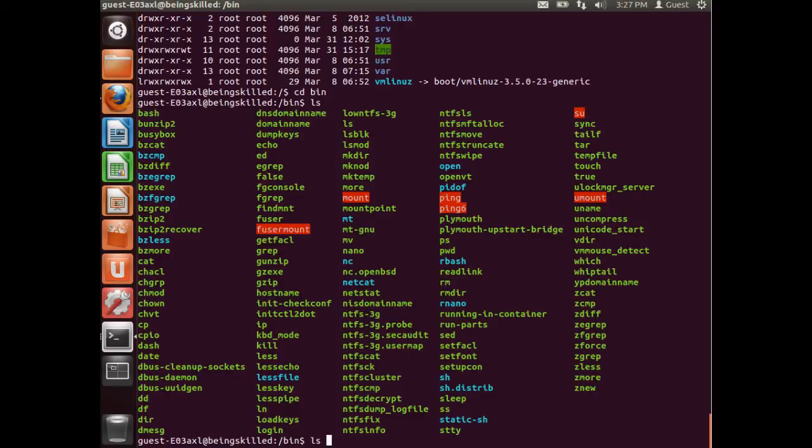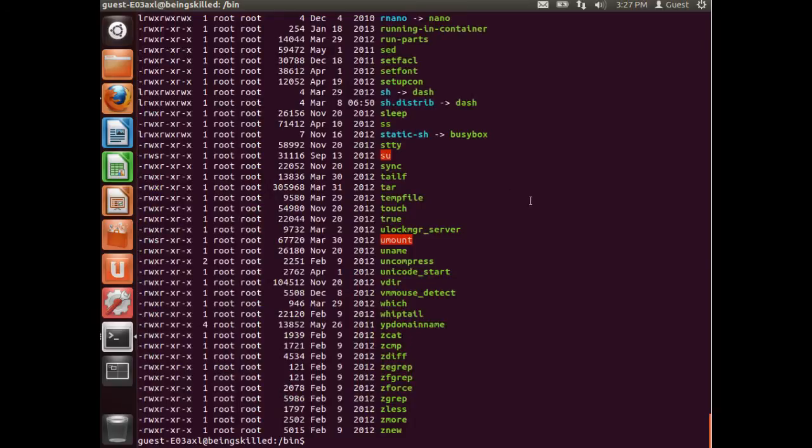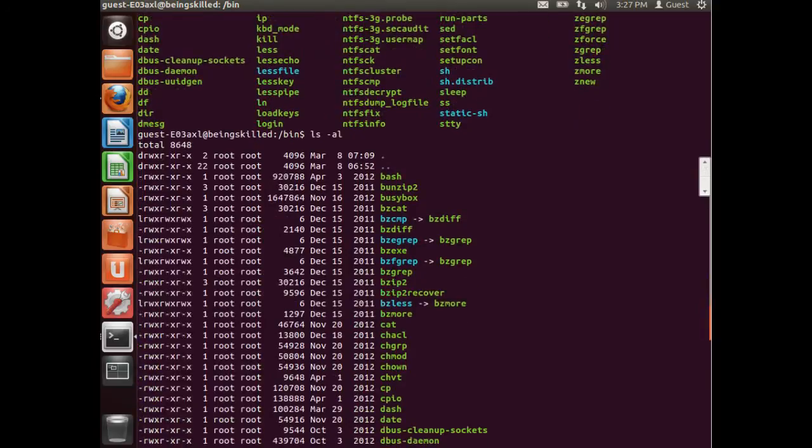So just to see details of them, just type ls space -al. So it shows us file permissions and everything. Now to start with, we can start with bash. What we'll do is try to understand the most frequently used binaries or commands in Linux in the first phase, and in the second phase we will go deeper into more complicated or bit unusual commands. So let's start. Bash is frequently used.